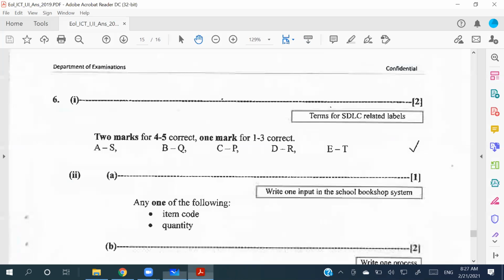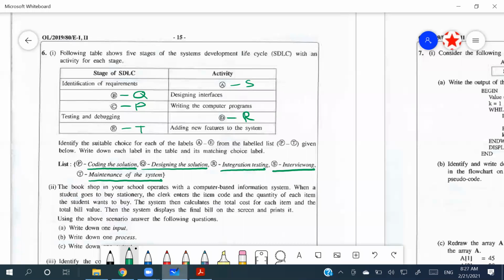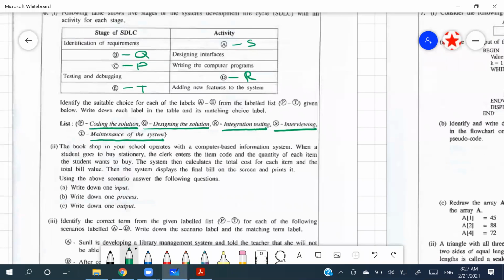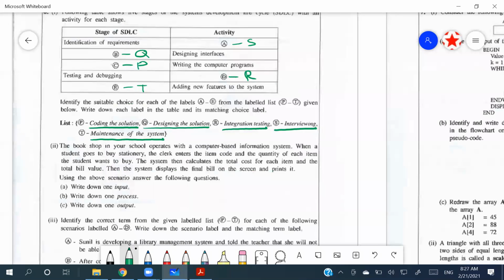If you got those answers, you can have 2 marks for that. So S for A, Q for B, P for C, R for D, and T for E, right? If 4 to 5 are correct, 2 marks, and if 1 to 3 are correct, only 1 mark, right? Then they have given you a scenario,